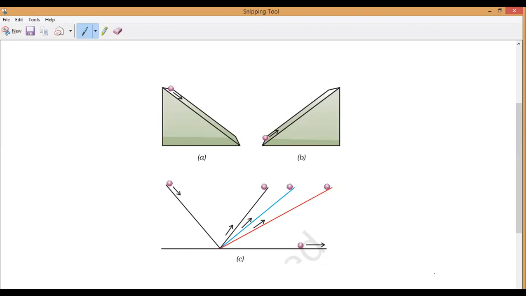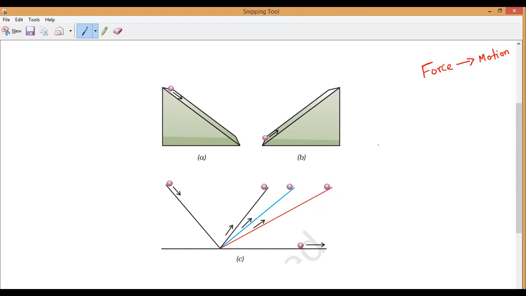Now, today's class. Because of applying force, what are the effects of forces? Anybody can tell me? Because of applying force, we can create motion in a body. The body which is in a state of rest, we can set in motion. In the same way, the body which is in motion, we can bring back to rest. Yes or no, guys? So that is what the effects of forces are.